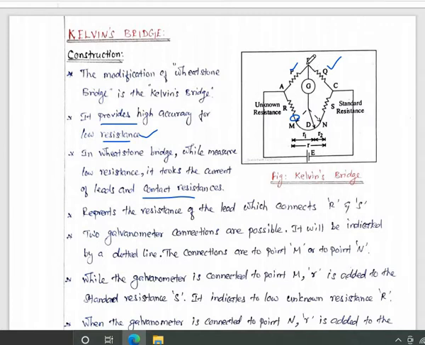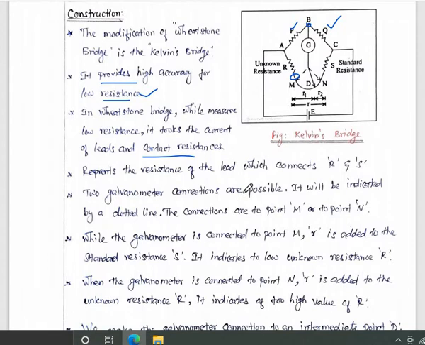One end is fixed. B is the fixed end, and D should be connected to any point of this wire. Just connect it here, maybe with a dotted line. Wherever you adjust the place, that resistance will be added into the circuit. It is indicated by the dotted line, and the connection is to point M or point N. Wherever that line touches, the total resistance value should be calculated.